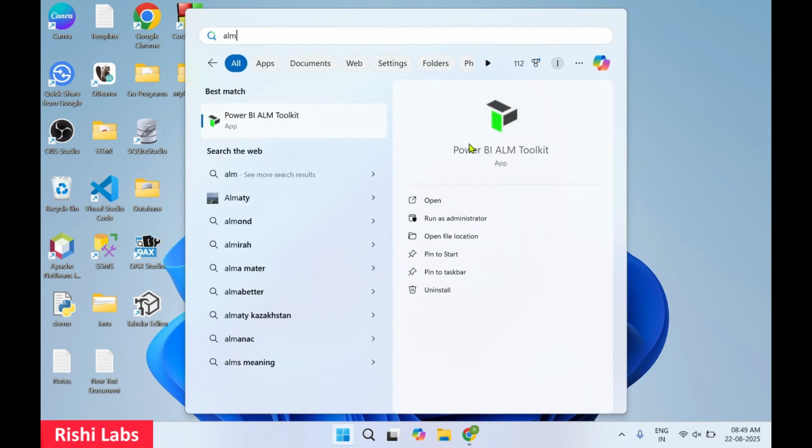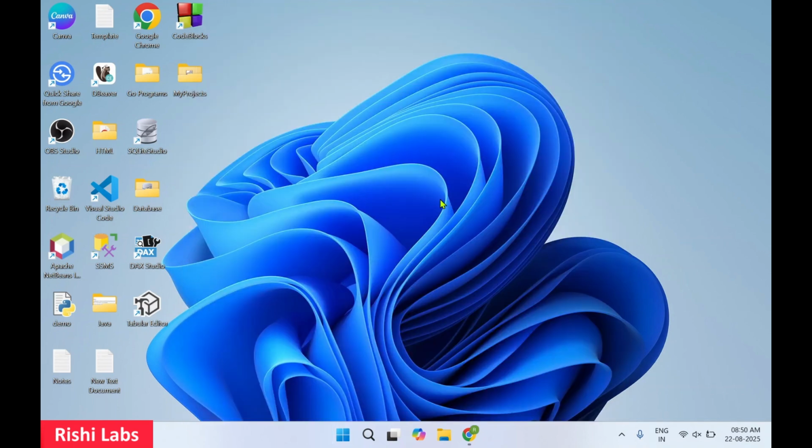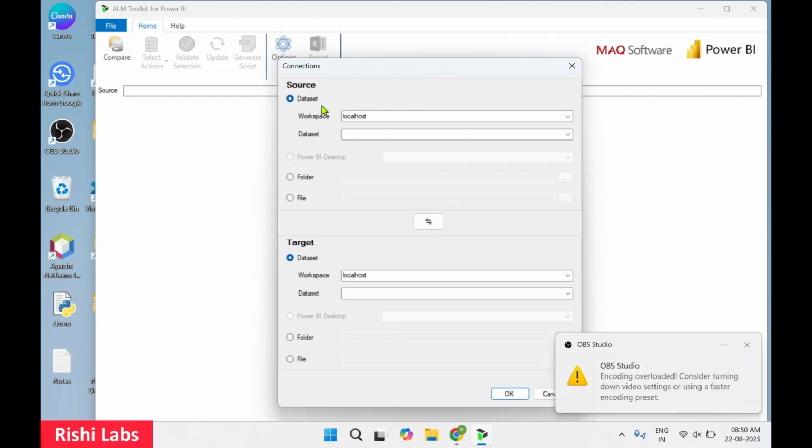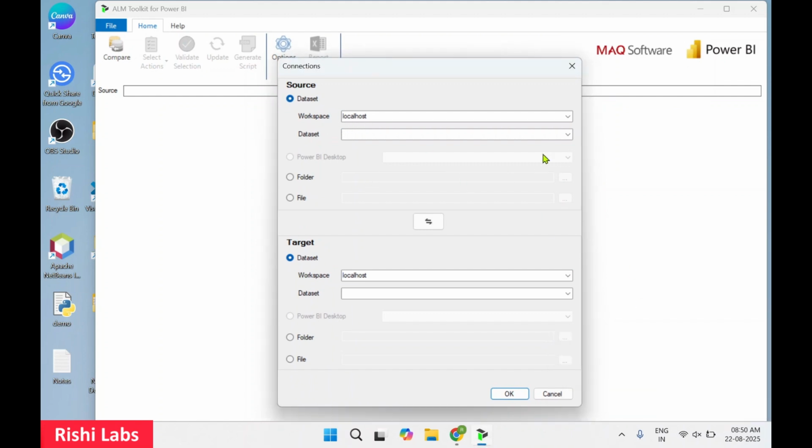You'll get this desktop icon, that is Power BI ALM Toolkit. Click on open. This is going to launch the ALM Toolkit for Power BI, and you'll get a pop-up to select or connect to your dataset. I'll close this,